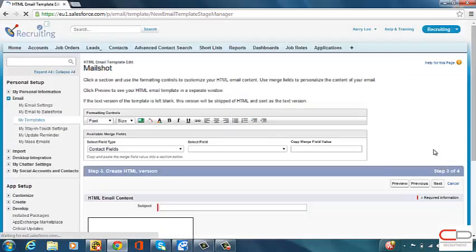This is where we want to build and design the template itself. Now obviously with email, when you're reaching out to clients, when you're reaching out to candidates, you want it to be quite short, you want it to be quite punchy, you want it to be relevant of course, and above all, spell checked, grammar checked, and make sure you're sending it to the right people, but we'll do that later on. Now the subject line is the line that will appear in their inbox as the subject to entice them